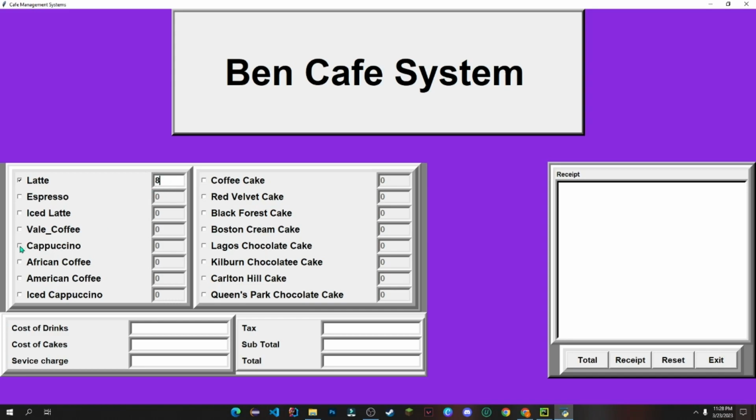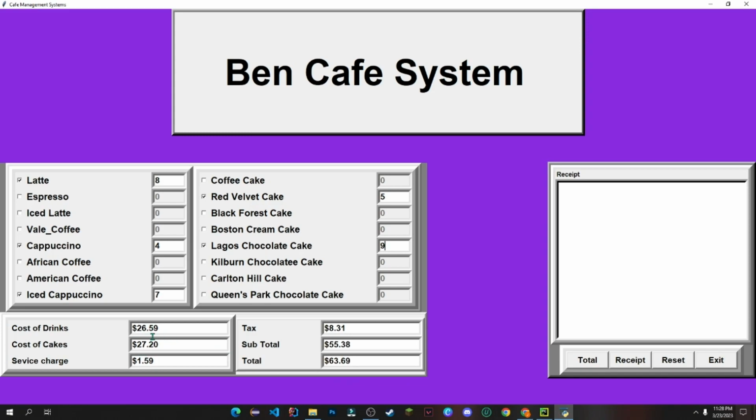For cappuccino I will set it to maybe 4, and espresso 7, and for the cake I will check the red velvet cake, I think 5, and chocolate cake 9. And to display the total cost of drinks, cost of cakes, etc., I will click this,